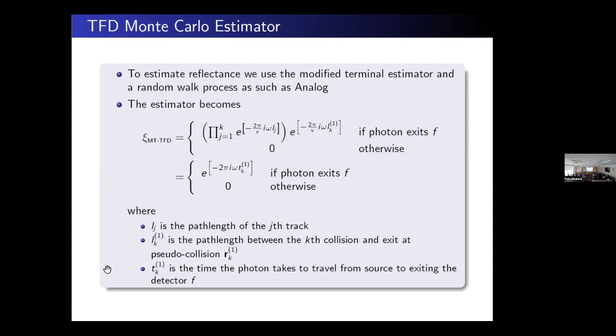Now, how do you find the time of a photon in a Monte Carlo simulation? You figure out the path length from source to detector, and you divide it by the speed of light divided by n, the refractive index of the medium, and that gives you the time the photon took from source to detector. So we use that again. We take the real and imaginary parts of this for each photon, run n photons, figure out which come out the detector, and then form the expected value.